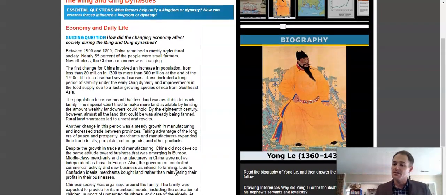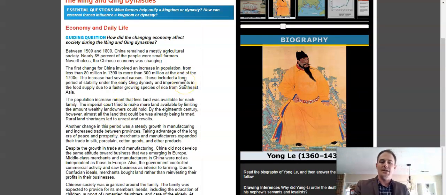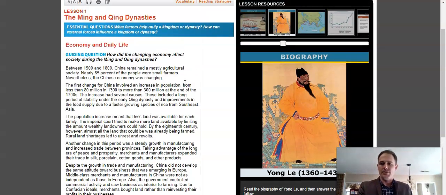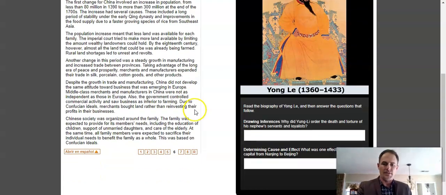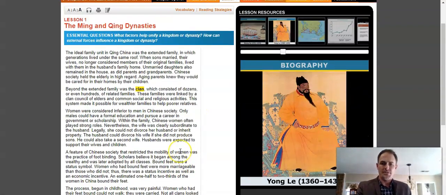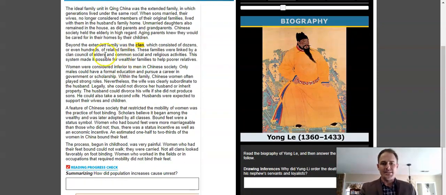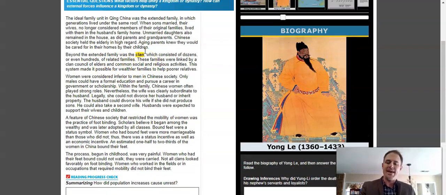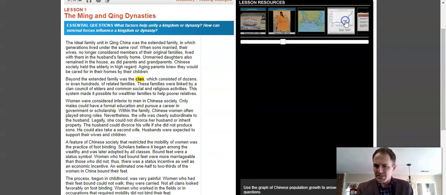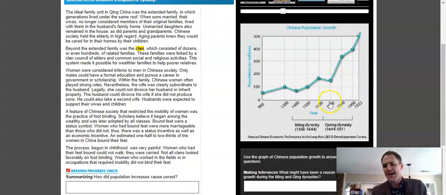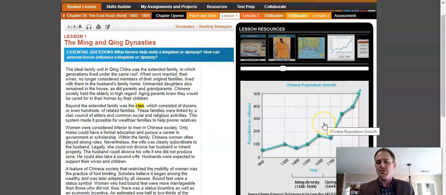But see, look. Now they've gone back to economy and daily life, and how did the changing economy affect society? So now you see the E from our Get Sig, and society, the S from the Get Sig. So you're going to find some more information here. And if we look up here, no, I have to go to the next page. Yeah, okay. Extended family, clan. Now we're getting into the S, and up here, what was I going to see? Yeah, so they have more information, more resources up at the top, right? This is Chinese population growth,